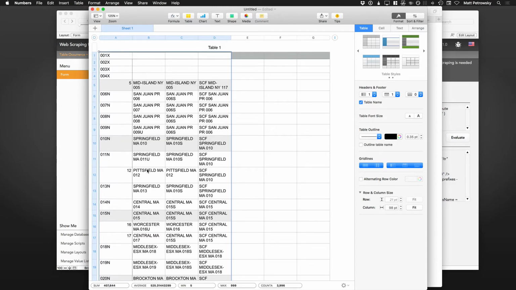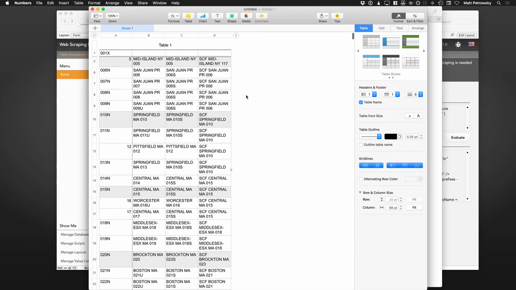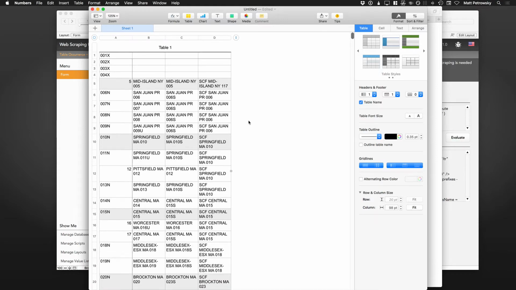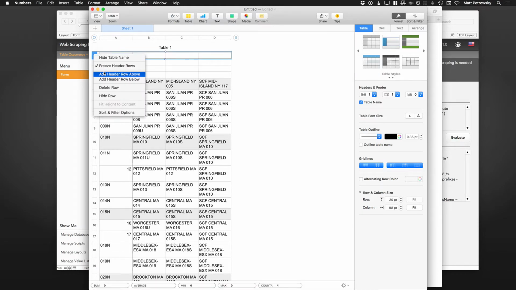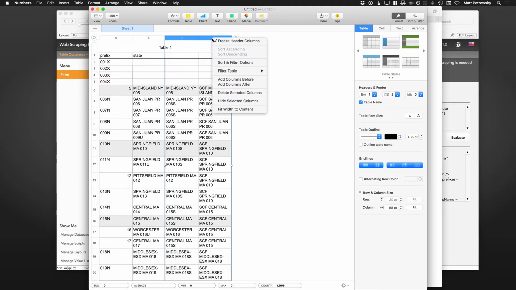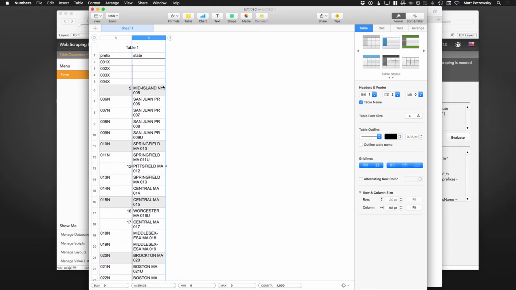And then what I'm able to do is shorten this table up, because in Numbers in particular, it wants to have all of those cells be represented just as much as what I need. I'm going to right click here and add a row above, and I'm going to put in the prefix, and then I'm also going to put in, let's say, state. And we'll go ahead and get rid of these two columns. I'll right click here and delete those selected columns. And within a very quick amount of time, I have all of the data from the USPS